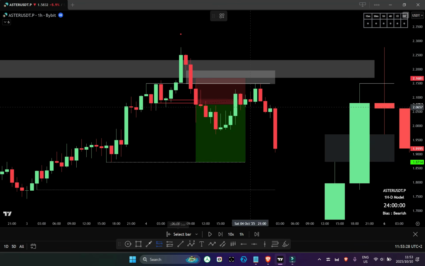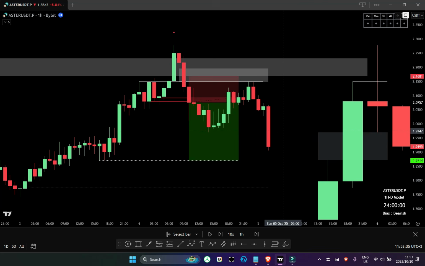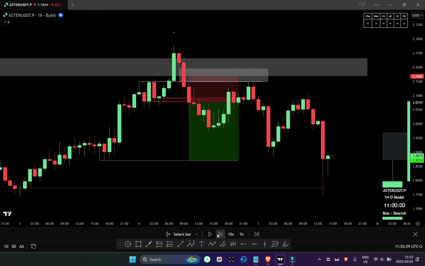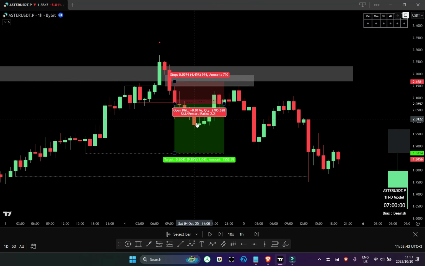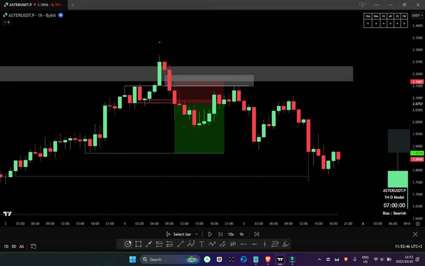Our second entry we can enter when price comes and taps into the fair value gap. It basically almost tapped and just missed it, and then we had the drop. You can see then price came back up, and then we get the drop. There you go. So you can see price doesn't move in straight lines. We get this drop, slight retracement into this fair value gap region, which would have been a second entry over